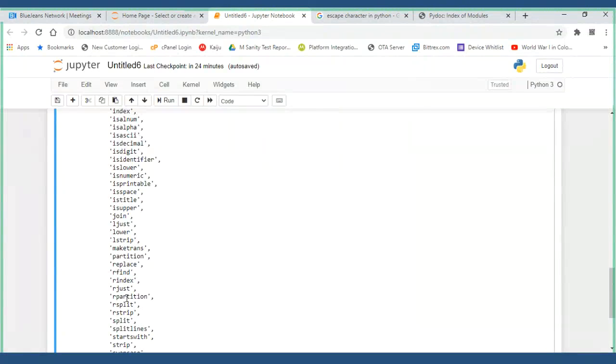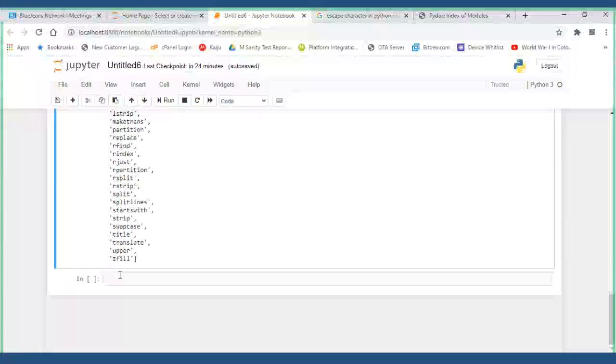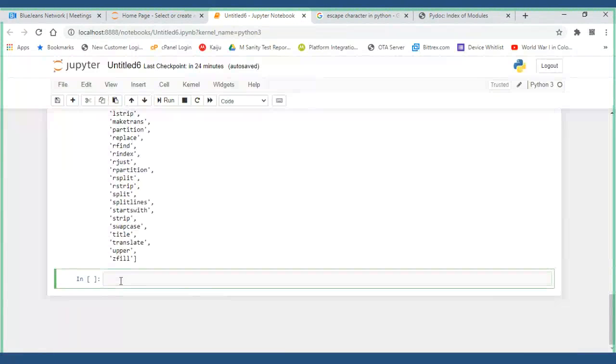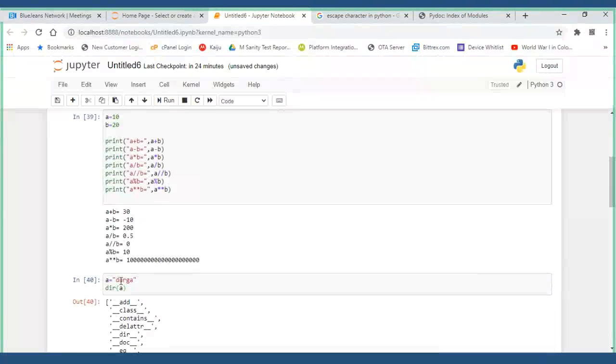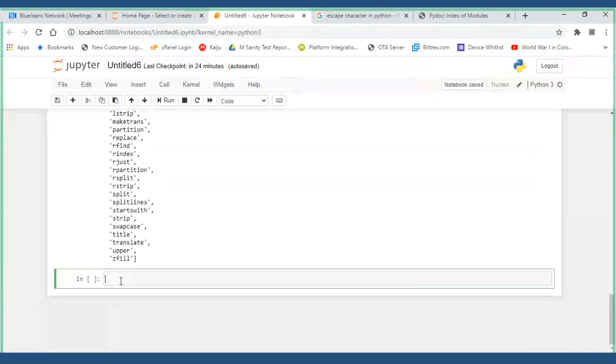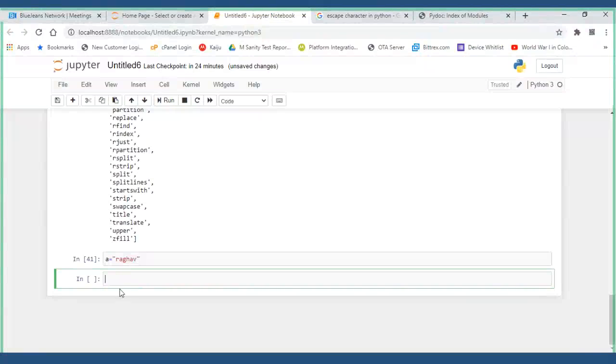But remember, when I try to add strings, say A is Raghav and B is say Ramesh.